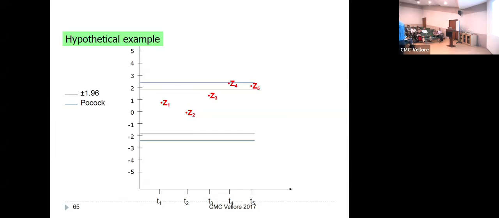What madam or sir would say is, forget about it. We just ignore those testing. It's 1.96. We'll send the paper like that. It's not ethical to do. Nobody likes to use Pocock's because Pocock's boundary at the end of the study is a lot farther away from 1.96. And so this is not used a lot.